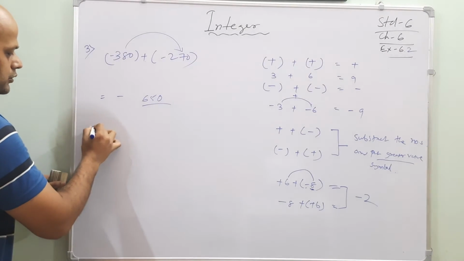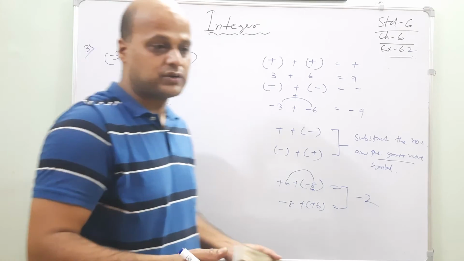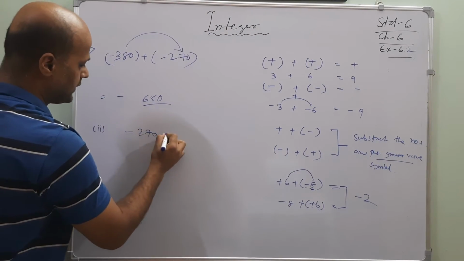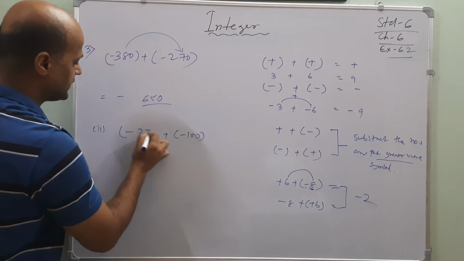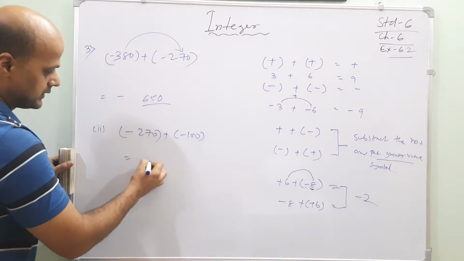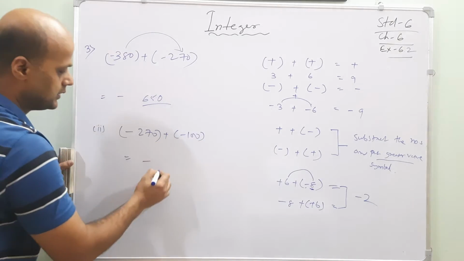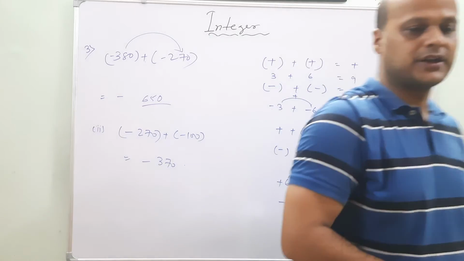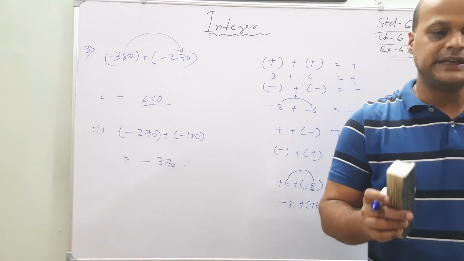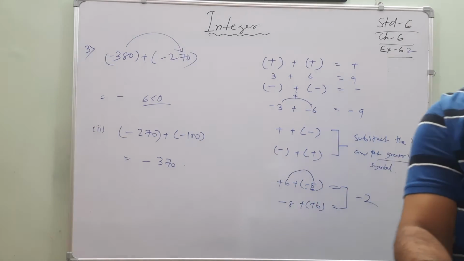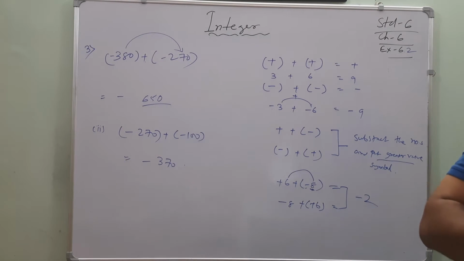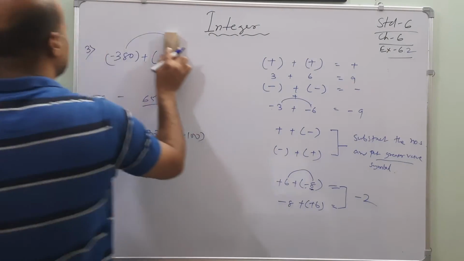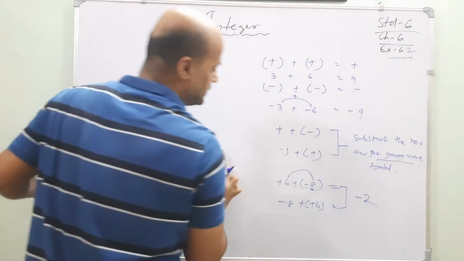Okay? Now come to the second one. What is the next one? It is saying minus 270 plus minus 100. Now remember this. Both the cases minus is there. Put your minus. Now add these two numbers. How much? 370 is the answer. Understood, my dear friends? Like this manner you have to solve each and every question. Okay? Anything more? Let's see. Yeah. Again it's saying that find the sum of. Now in statement form it is writing.